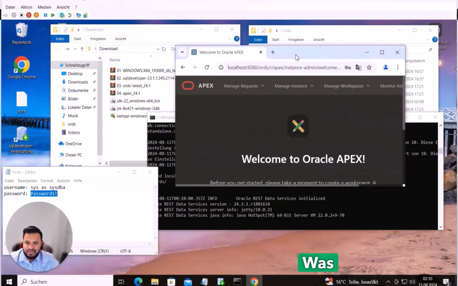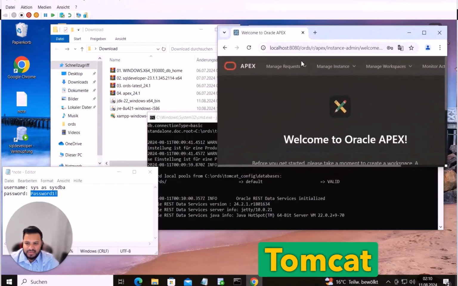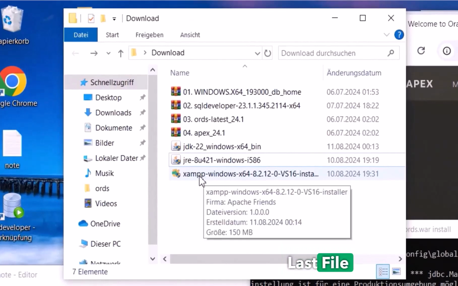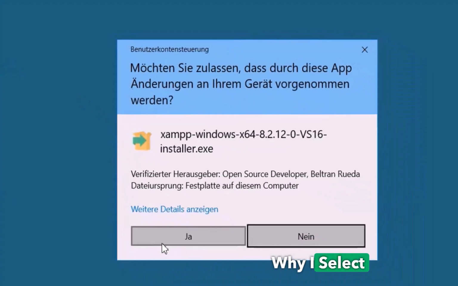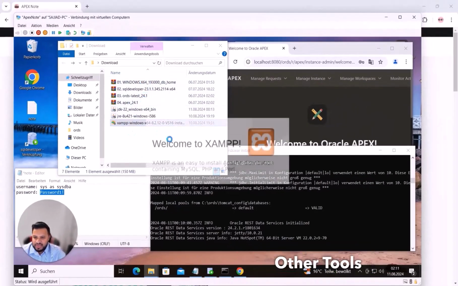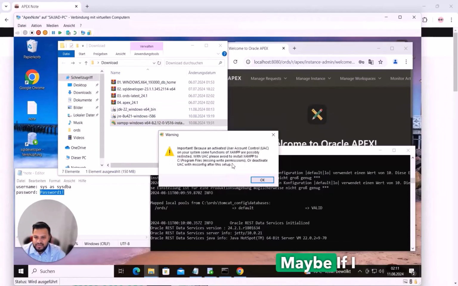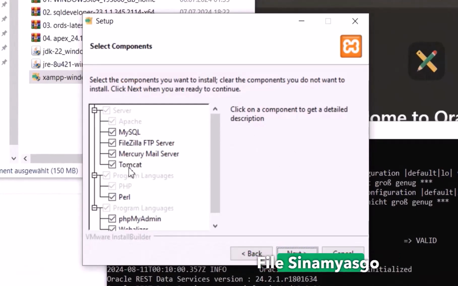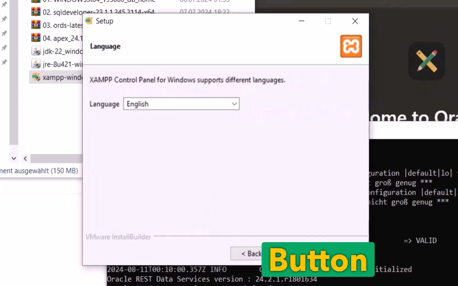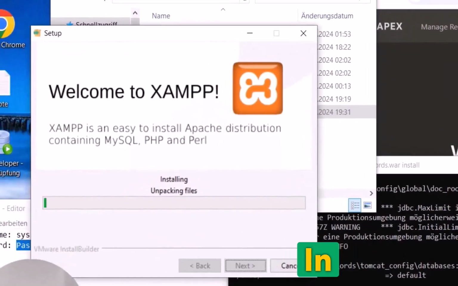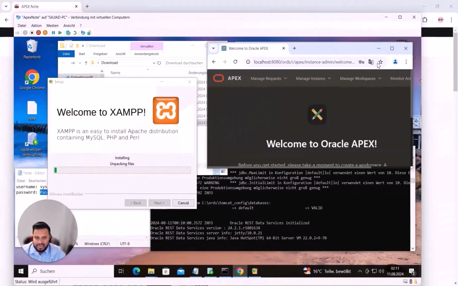Yes, but our target was to install Oracle Apex on Tomcat. So in the next step, I will run the last file. This is the exam. Why I select the exam is because if I install exam, I will also get the other tools. I will show you, and maybe if I need the other tools later, I have them already. For example, FileZilla, MySQL, and so on. So I click here on the next button. English, next. It will take a little bit of time,